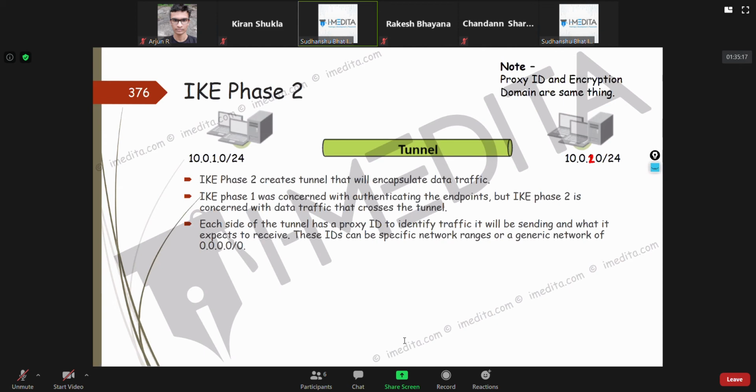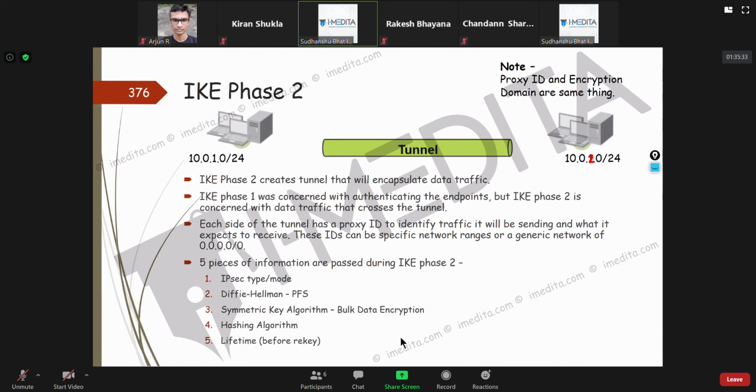Each side of the tunnel has a proxy ID to verify who it is expecting to receive from and who it will be sending traffic to. Now, these are the things that are exchanged during IKE phase 2.